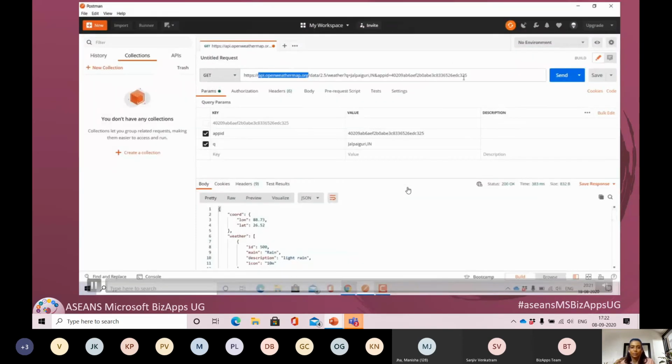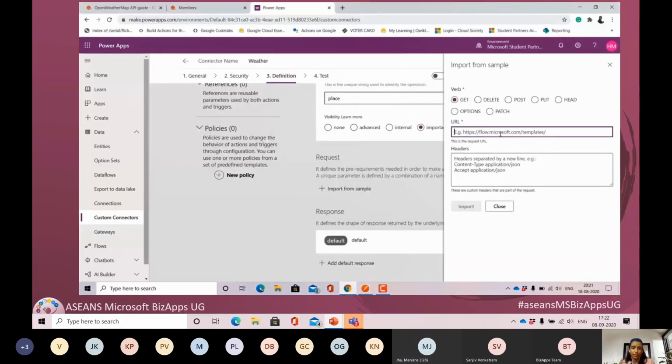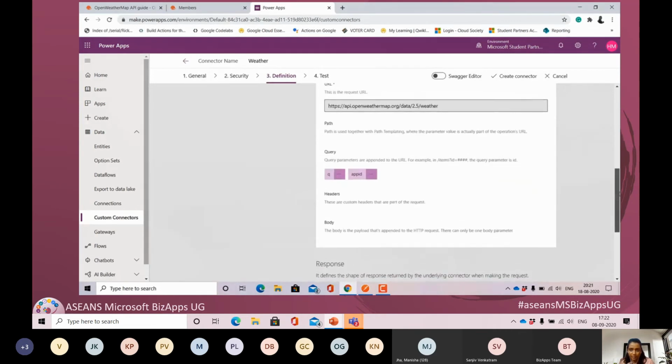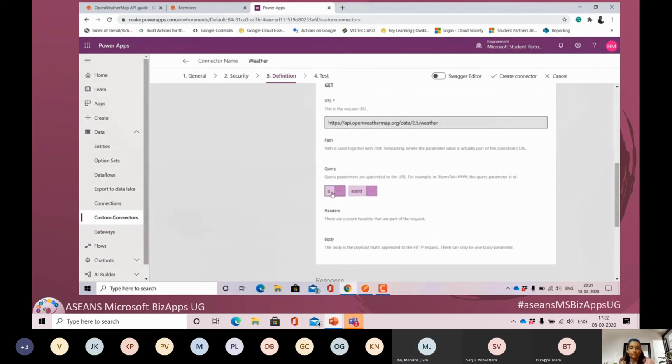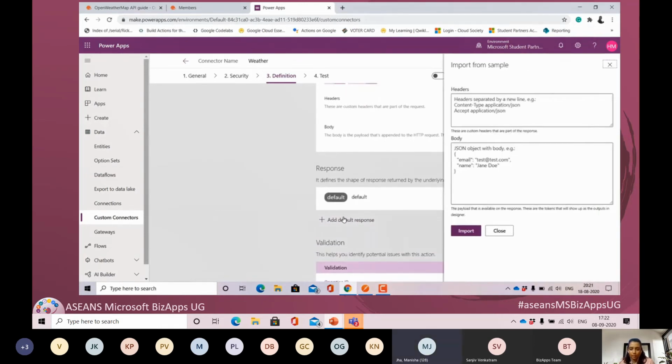Okay, so back to this again. So in Postman, I pasted my API URL along with the key and the place that I was looking for, that is here, it's Jalpaiguri, India. And once I paste the URL and the method, that is get, since here we are getting the weather data, once it has been imported successfully, it will show us the query that we are importing. That is Q here. It stands for city, and app ID stands for the API key or API ID.